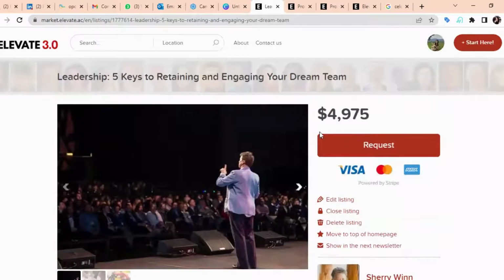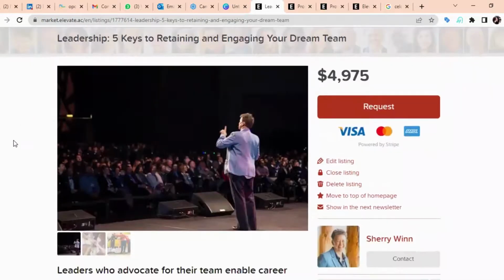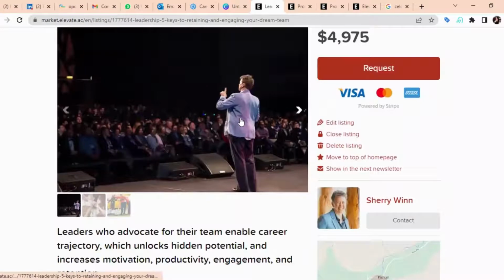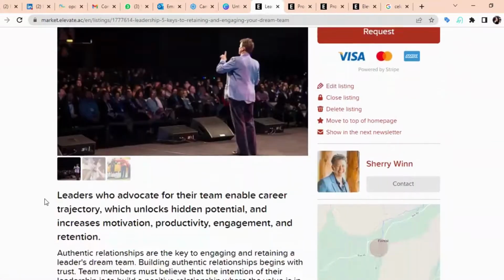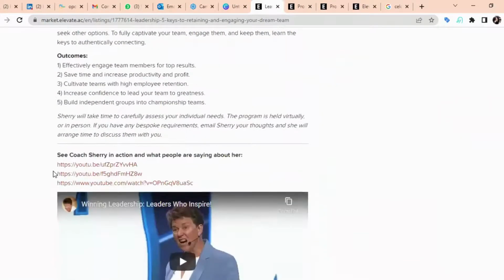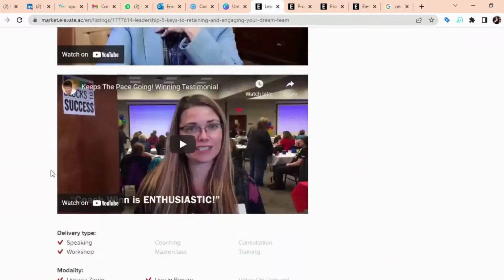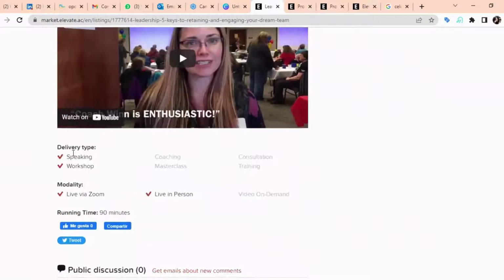As you can see here, she has priced as she wanted. Leadership, 5 keys to retaining and engaging your dream team. Very clear what this is about. She has a wonderful image of her in a crowd in action. We also recommend these kinds of images where the company or the client can clearly see you engaging with an audience. A title. And obviously we have additional information, the delivery type, if it's a speaking session, a workshop, coaching,